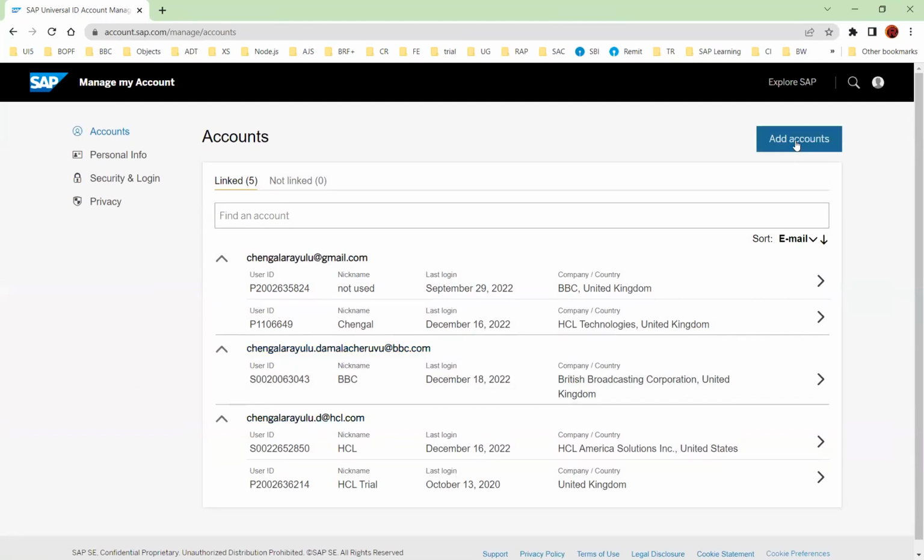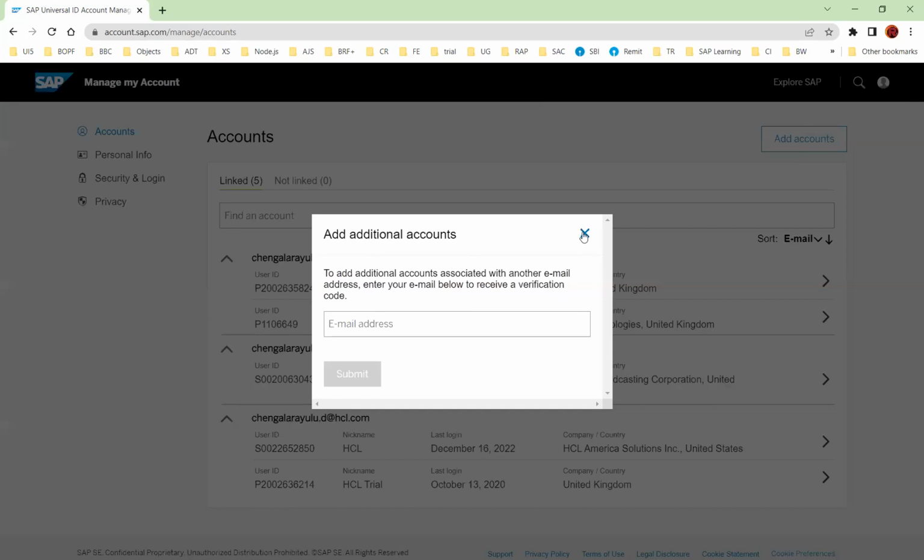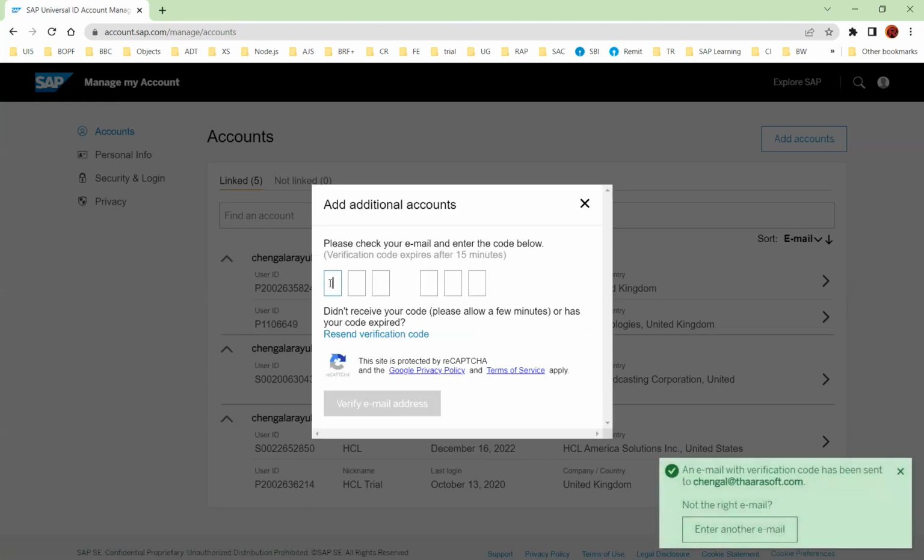Don't worry. So here, I'll try to add my account. If we go to account maintenance, it will ask for the email address of the account we created. If we enter that email address, it just goes ahead and sends the verification code. We can enter the verification code and we can add